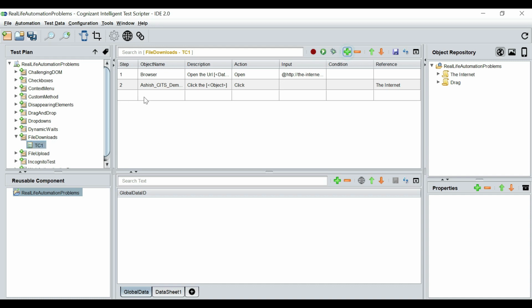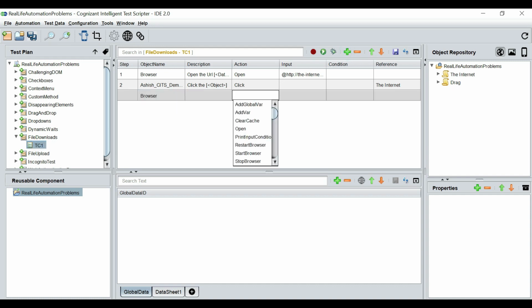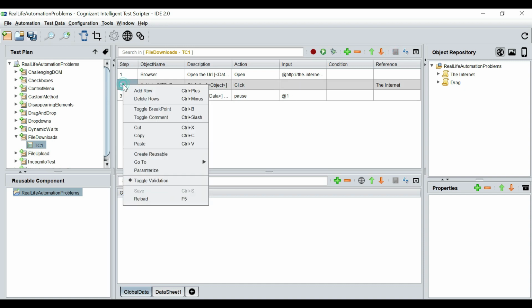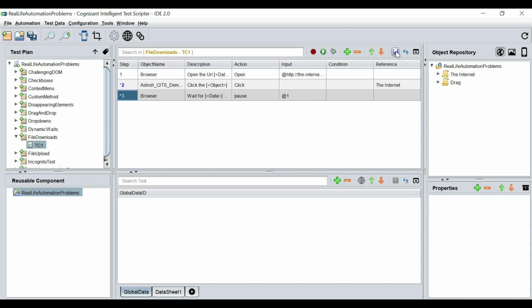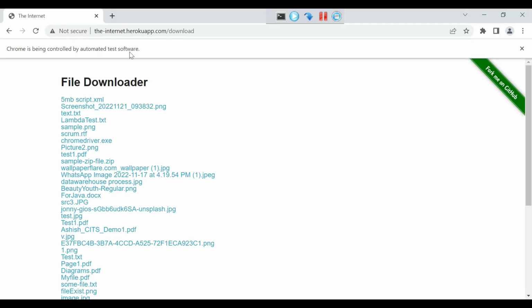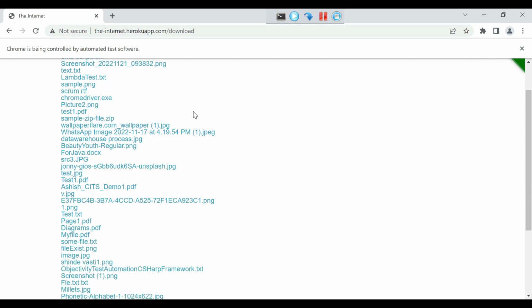We're going to add a dummy line at the end so that I can run this in a debug mode. I'm going to add a breakpoint at line number 2 and a breakpoint at line number 3 so that we can see this execution happen step by step. Okay, so what we will do is we are going to trigger the execution already so that it opens up the browser. Yeah, see, the browser is open,